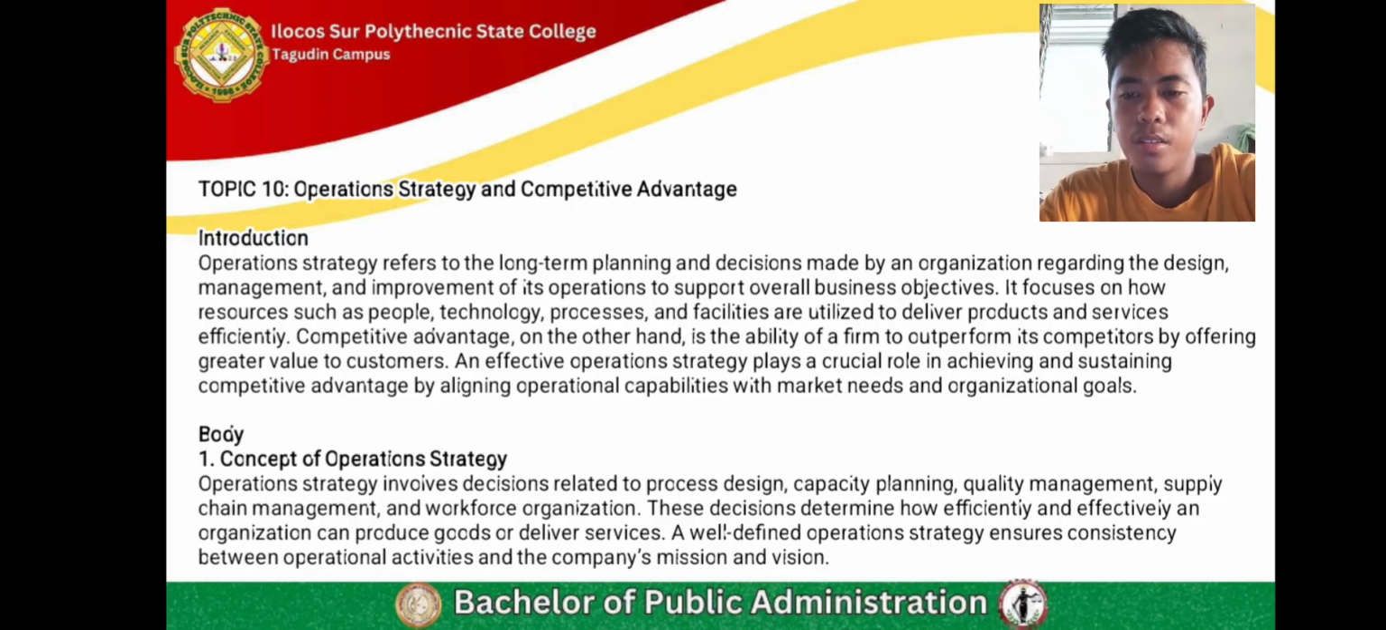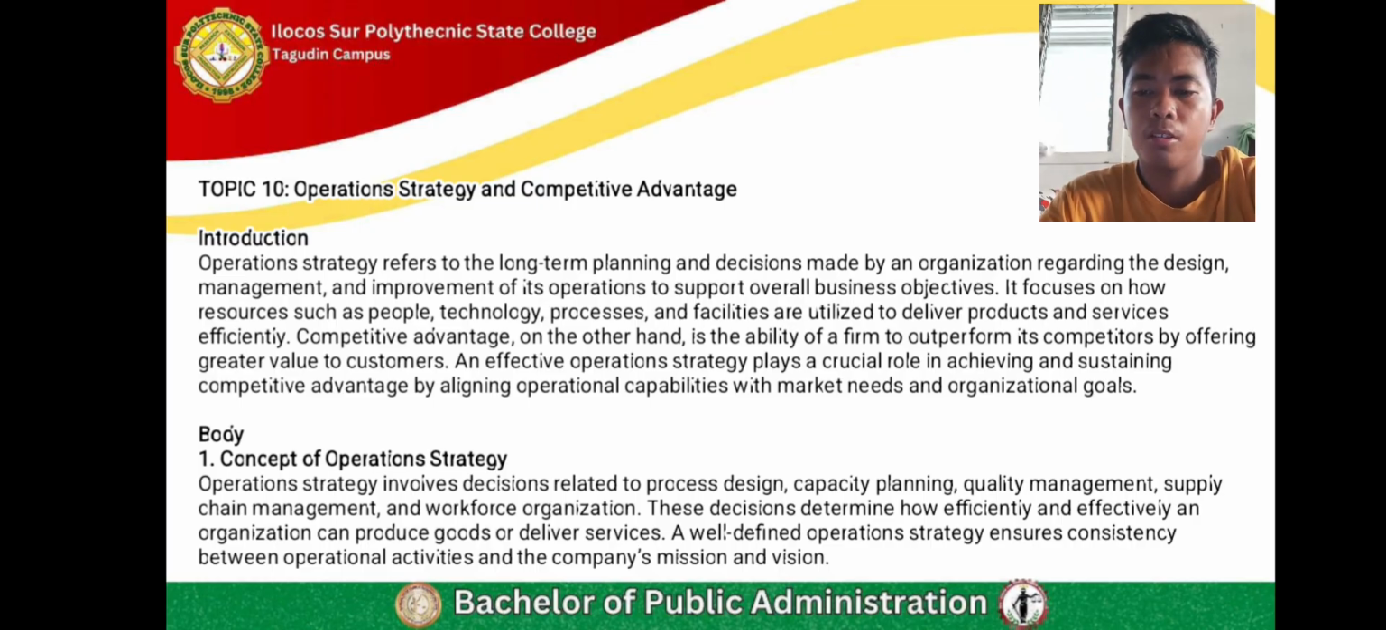Operation strategy is the long-term plan that guides how a company uses its resources, such as employees, machines, technology, and facilities, to produce goods or deliver services efficiently. It focuses on improving processes, managing capacity, ensuring quality, organizing supply chains, and coordinating the workforce. The main goal of operation strategy is to make sure that daily activities support the company's overall mission and long-term